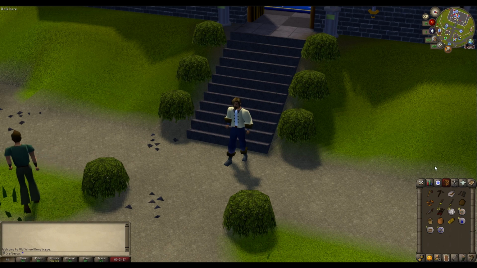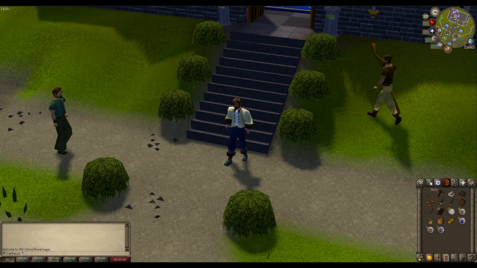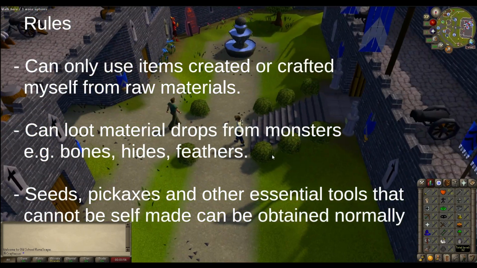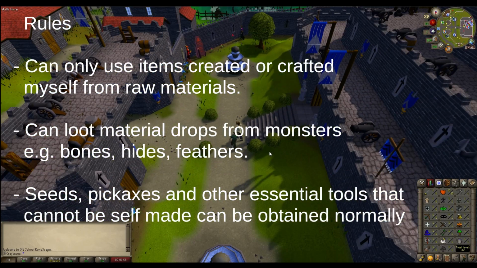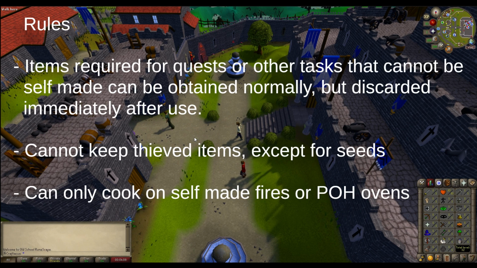So I just wanted to explain it a little bit. The idea is, with the exception of a few things that are kind of essential to the account, we can't buy anything from shops. We just need to do everything ourselves, which I find is a great way to utilize all of the skills in the game,